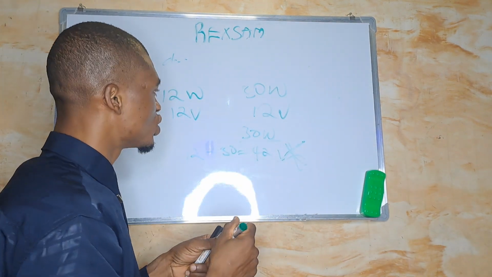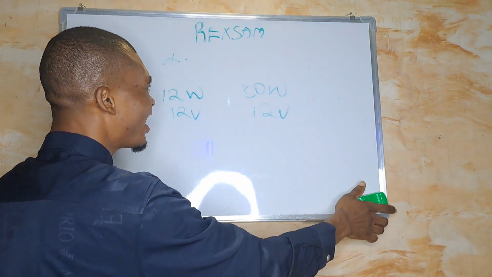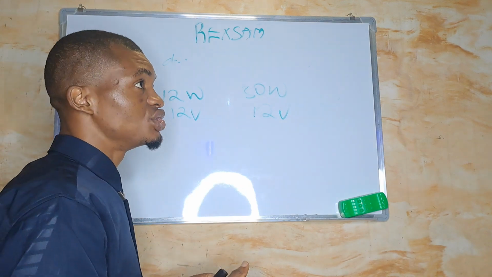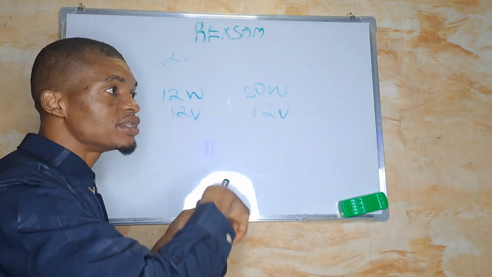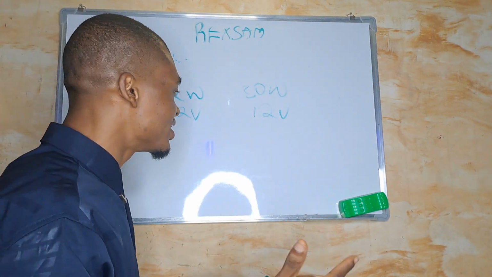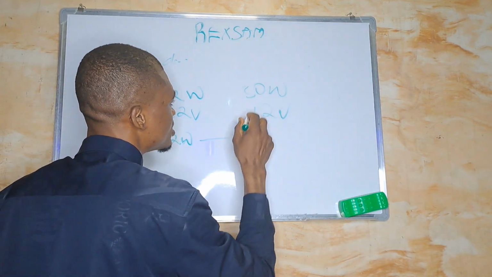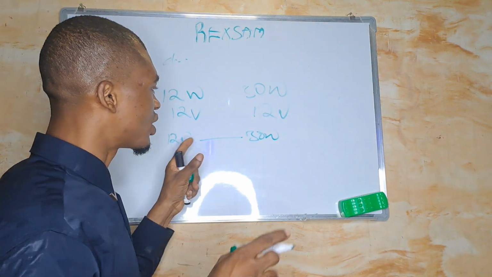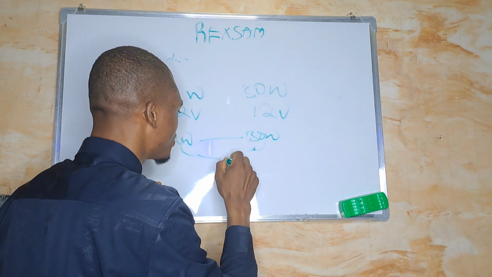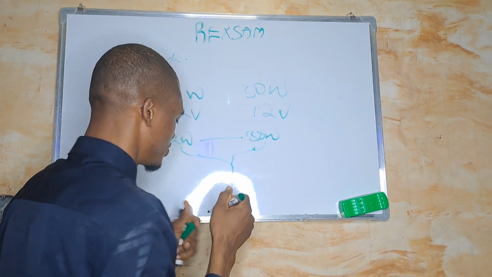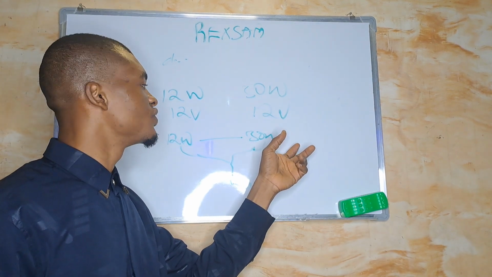It doesn't hold. So the rule is that the moment you connect a high wattage to a lower wattage, what will happen is that the lesser one will take advantage of the high one and drop it to the size of the small one. Get it right. When you connect 12 watts with 30 watts together, what the connection will just do is drop this size and give you the output of what? 12 watts,